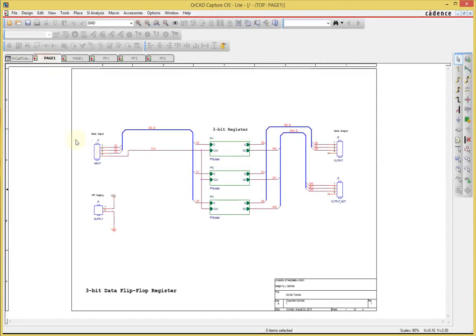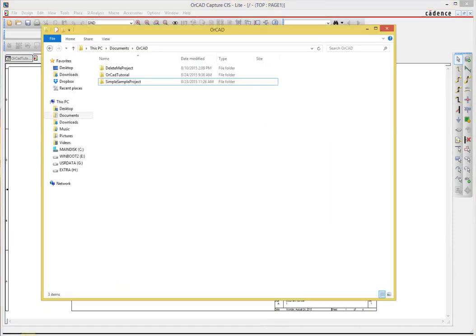So we're done, ladies and gentlemen. Now we're ready to start phase 2. Now let's take a look at our project folder. Okay, so I'm looking at OrCAD tutorial. That's the folder I created. I double click on it,